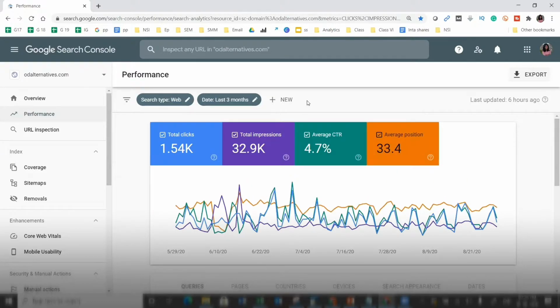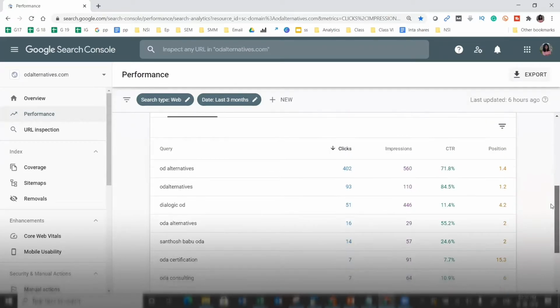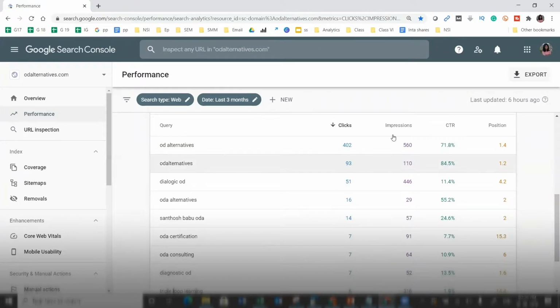So actually, when you are using Search Console as a marketer, 90% or 95% of your time you will spend on the performance report. This is where you will get most information on the keywords that your site is ranking for, the number of impressions and clicks you're getting, and how you can improve the CTR. If your site is getting 100 impressions, instead of just 10 clicks, how can you improve it to 20, or maybe 30 or 50 clicks? And how can you improve the position of particular keywords?